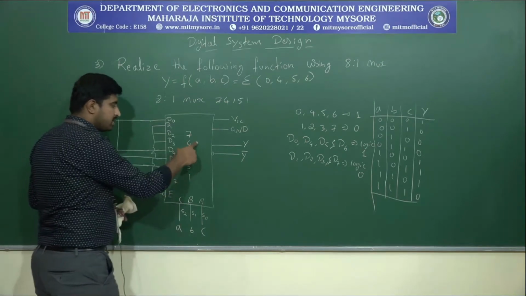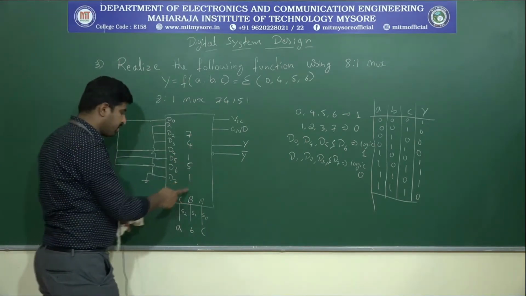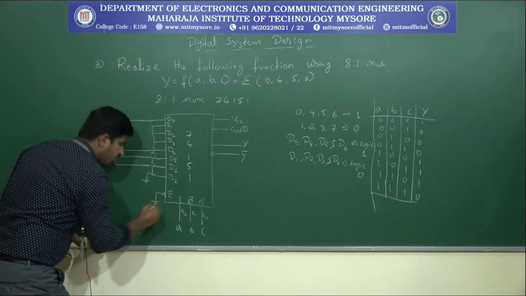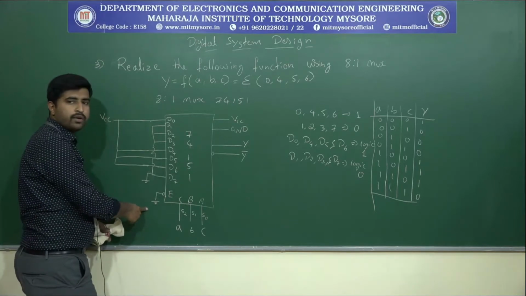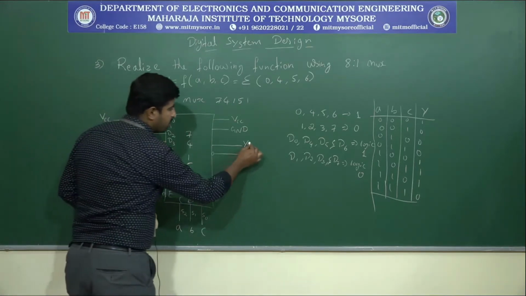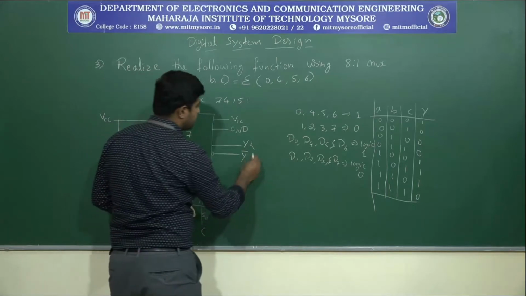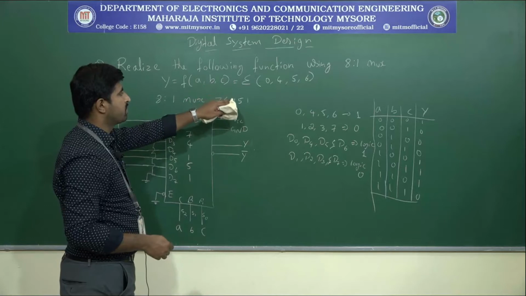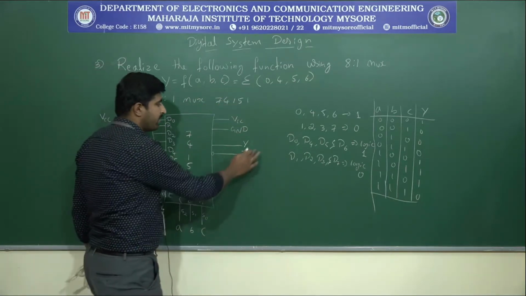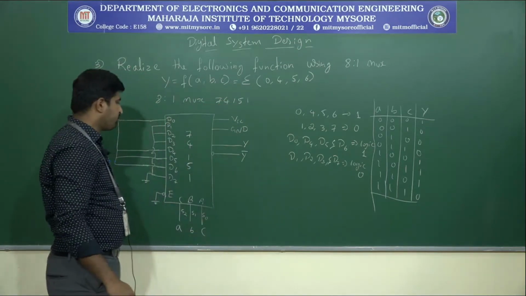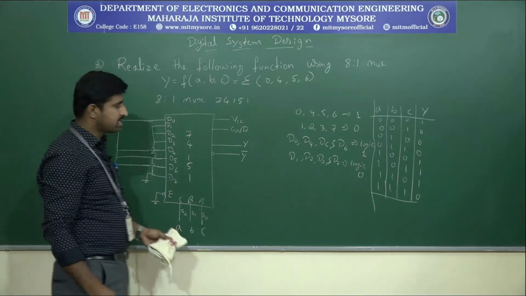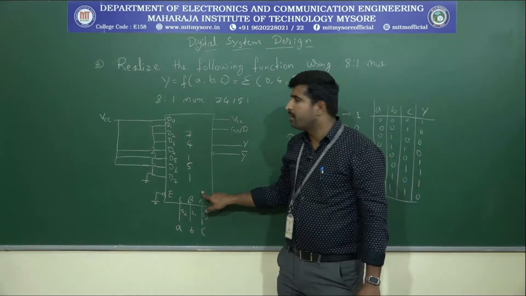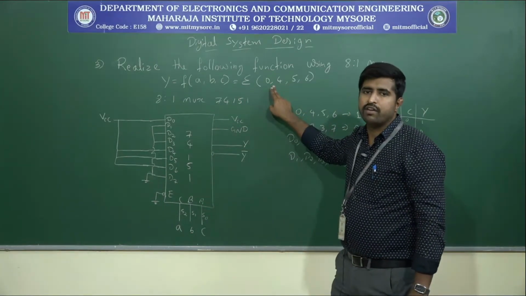Okay, but this IC should be active, that means the enable pin must be given. So to enable this one, again we are going to connect a logic 0, that is connected to the ground. Then here we are going to get the function that is Y equals F of ABC equals summation of 0, 4, 5, 6, which is implemented by using the 74151. Okay, so these are the changes we need to do for the IC 74151 to realize the given function.